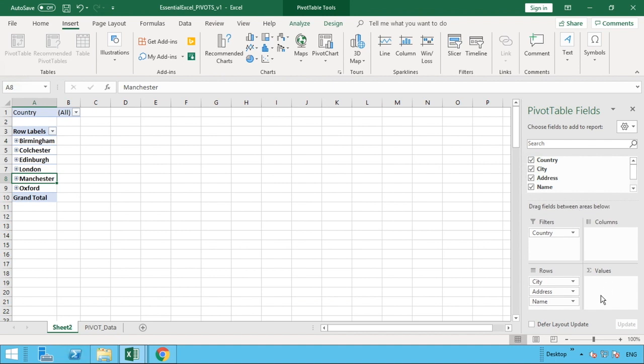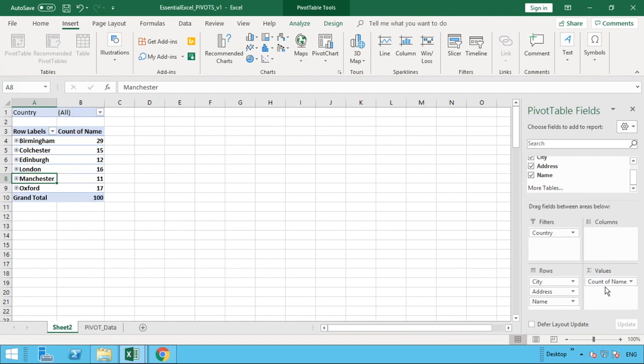So in values, this is where we will be able to bring values if we want to get a summary, as in terms of a total. It could be summing data or it could be counting data. So what we can do is for any of our data, we can pull them in there. Often I will use the lowest point in this example, and we can just drag name down to this values